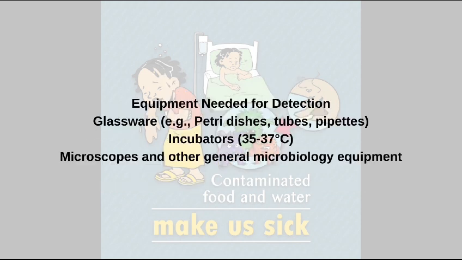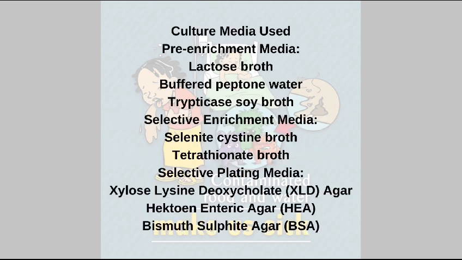First, let's go over the equipment and the media which will be required to carry out this procedure. You will need basic microbiological tools like petri dishes, pipettes, and an incubation oven. Along with that, you will require different kinds of culture media such as lactose broth, trypticase soya broth, trypticase soya broth containing potassium sulfite at a final concentration of 0.5%, reconstituted non-fat dry milk, 1% aqueous brilliant green dye solution,